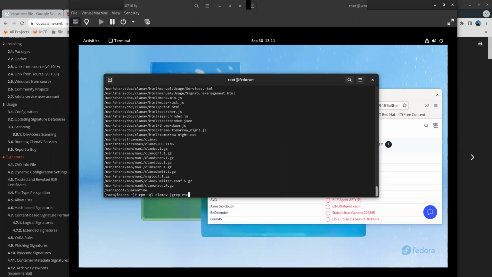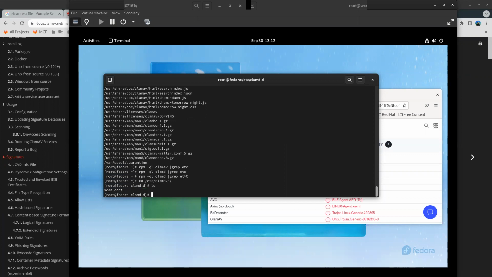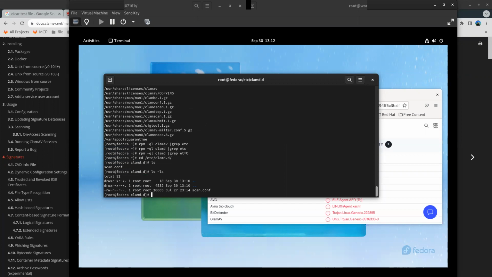Pro tip, I just grep for etc, and you'll see there is one in the ClamD package, or one of them. I know where it is because I've been working with this for nearly 20 years, but let's see what package that belonged to. Yeah, it's probably one of the edge case ones. There you go, the ClamAV filesystem package. That's where that lives.